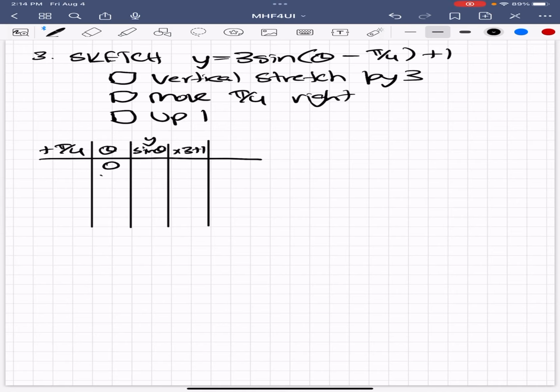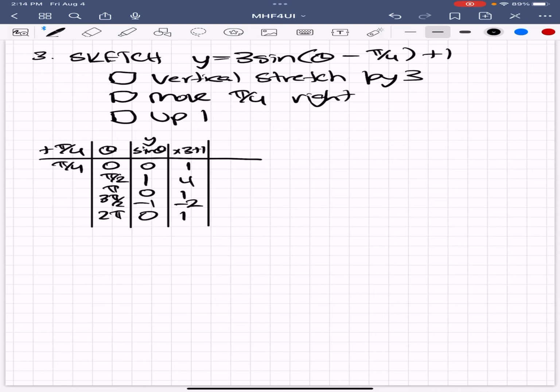Okay, so we have 0, pi over 2, pi, 3 pi over 2, and 2 pi. Then we have 0, 1, 0, negative 1, and 0. 1, 1, 1 for the zeros, and then we have a 4, and we have negative 2. And then for plus pi over 4, 0 is just pi over 4, and